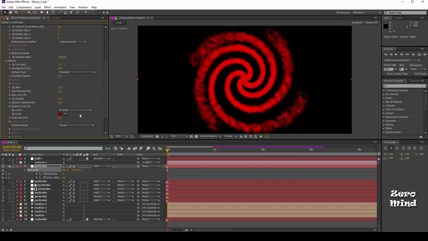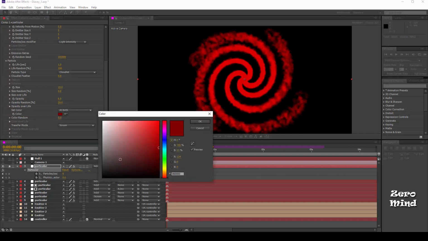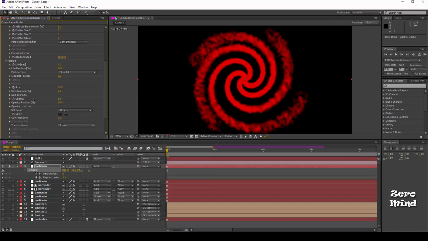Also change the color here to dark gray, some dark color.